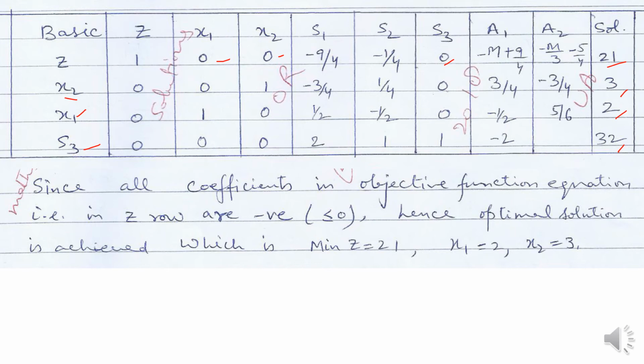So there is a unique solution and we don't have infinitely many solutions here. This we can confirm with the help of a graph also, which I have done, and I have seen there is only this unique solution, which is: the minimum value of z is 21, x1 is 2 and x